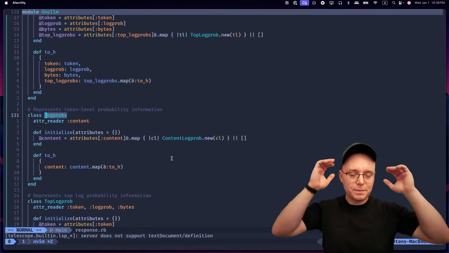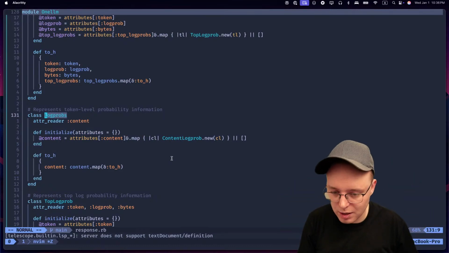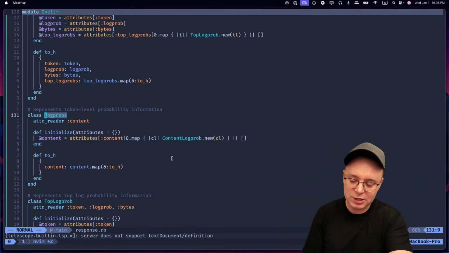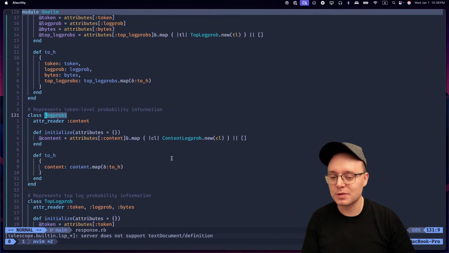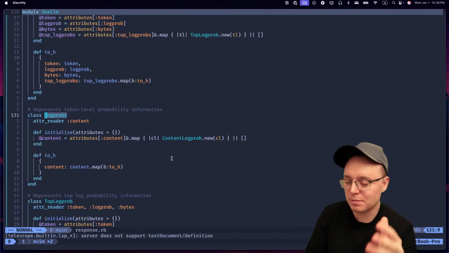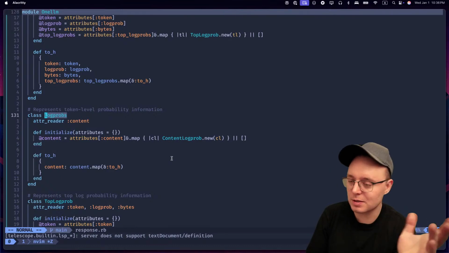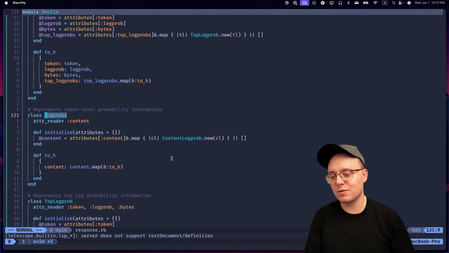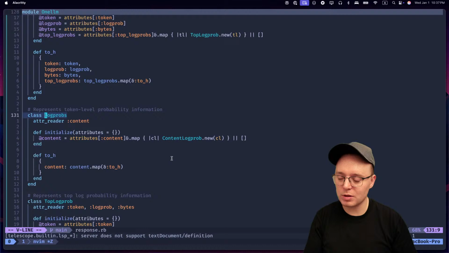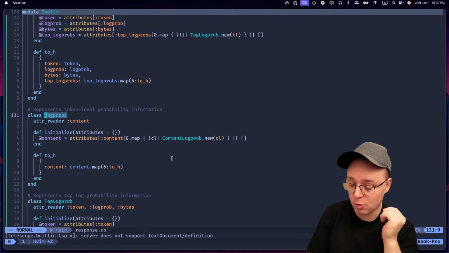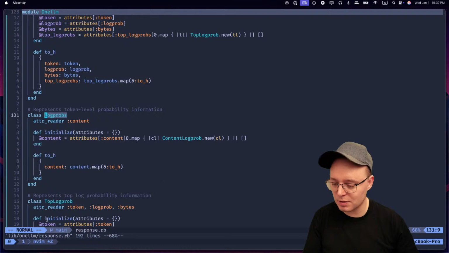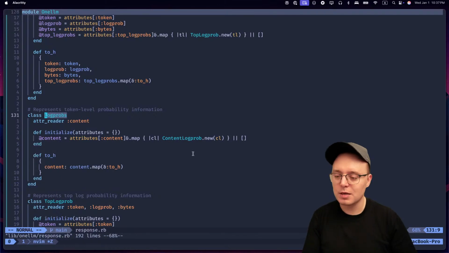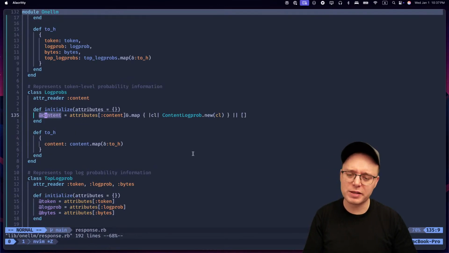Wait. This is the problem with Ruby LSP. Basically, whenever I change this file, if I move it up and down, it cannot figure it out, and it just adds it multiple times to the LSP, and then it is duplicated. Maybe it's because I don't have one class per file, which is a common convention in Ruby. So it goes a little bit crazy because the file is called response.rb. But it should be able to handle that, which is weird. But anyway,